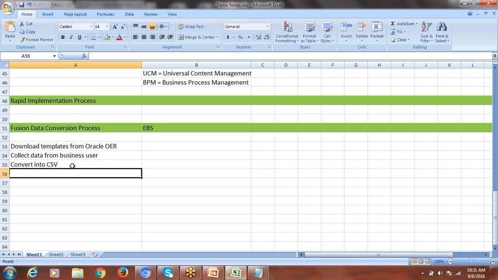Once we convert, what technical people do is create the staging table and populate the data into staging tables by writing a lot of programming. But here, without doing anything, Oracle simply provides UCM, Universal Content Management. We simply load the files into UCM, Universal Content Management. Then populate